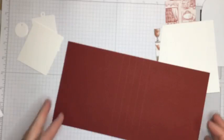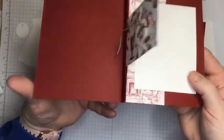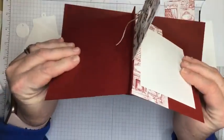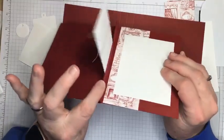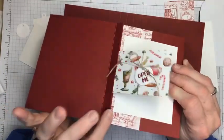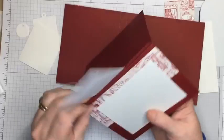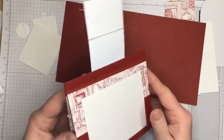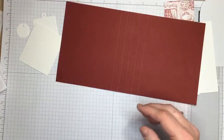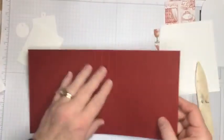Okay, put that aside. And now what we're going to be doing is, let me show you the inside of the card yet. Again, we're going to be taking those folds and accordion folding them, and we're going to be gluing down 2 of the sides, and then we're going to add our gift card holder in the middle and then glue that side down. So it's going to give us this flap that's in the center of the card once we're done with all of those folds. I'm going to have my bone folder out,